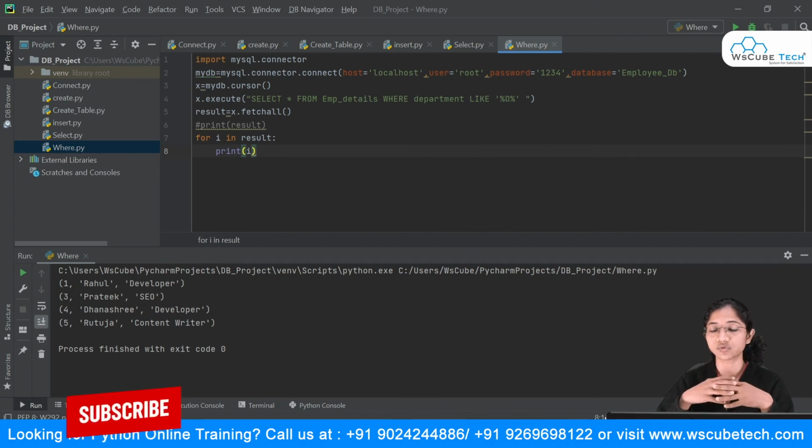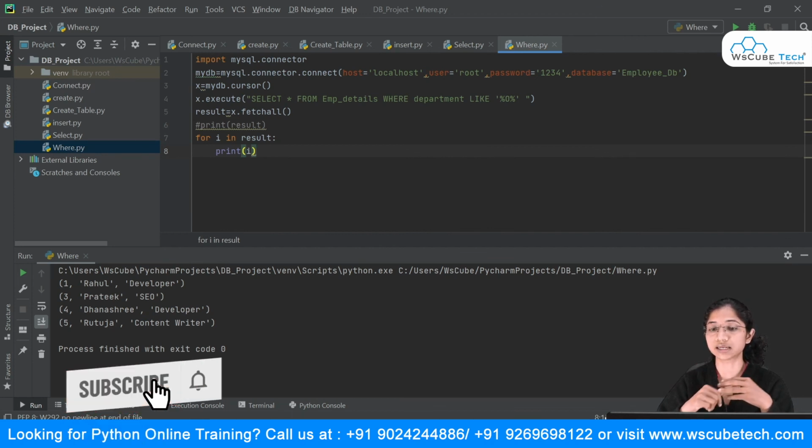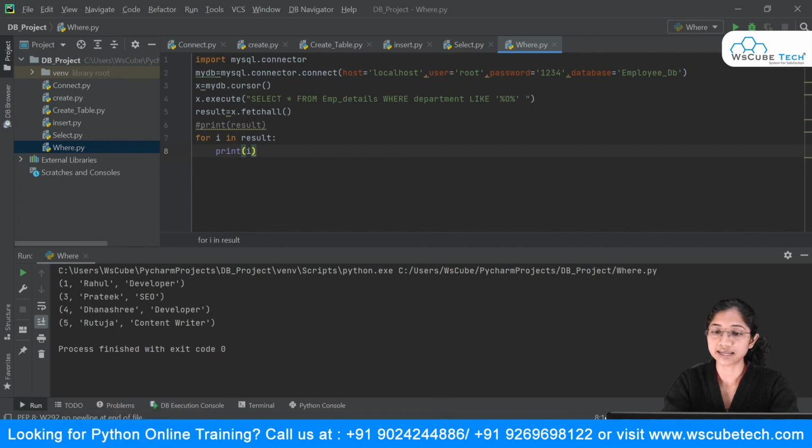And in this case, we even made use of this like keyword. In order to mention this, you have to write like, and inside quotes you have to mention a percentage symbol, and inside this you can pass a single letter, or a group of letters, or a phrase. So this was all about how you can use the where statement.